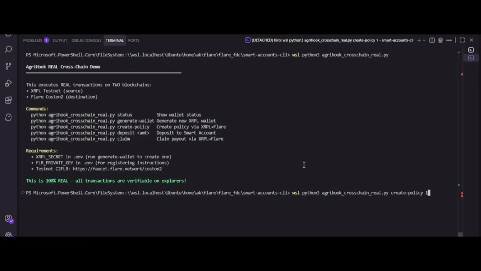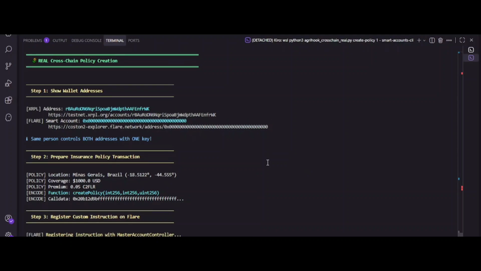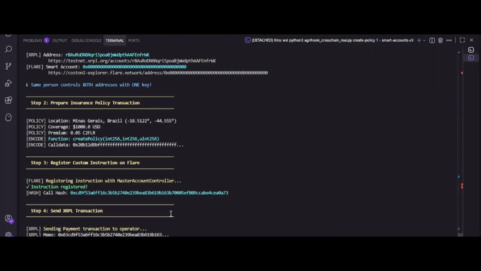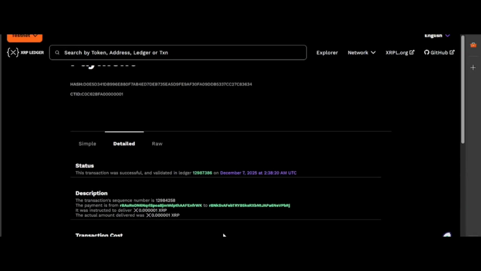To use Flare DeFi, a farmer needs to learn about blockchain, install MetaMask, create a new wallet and so on. We solve this problem using Smart Account. With Smart Account, João uses his existing XRPL wallet. That's it. You can see the transaction hash here. If I click on the link, I will show you. Yeah, you can see the transaction is happening, but somehow the operator function is not working in the testnet. So